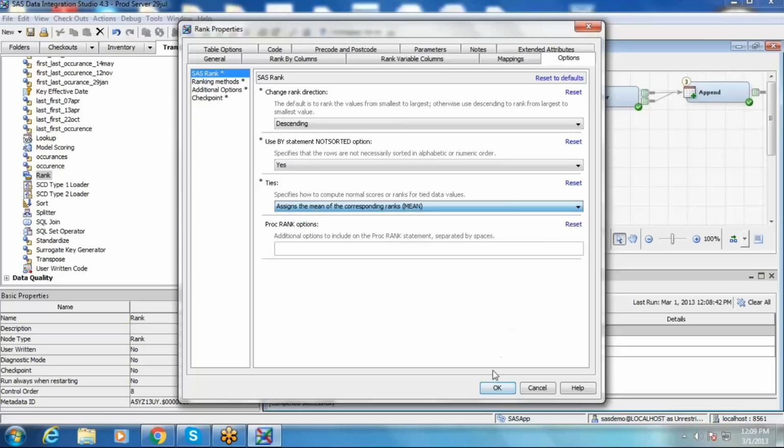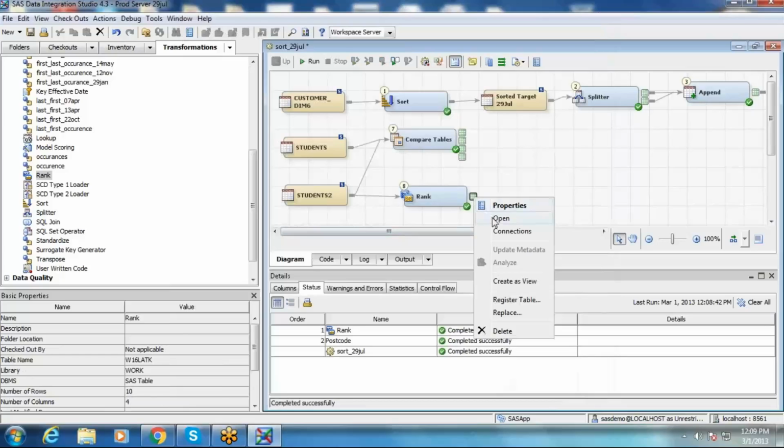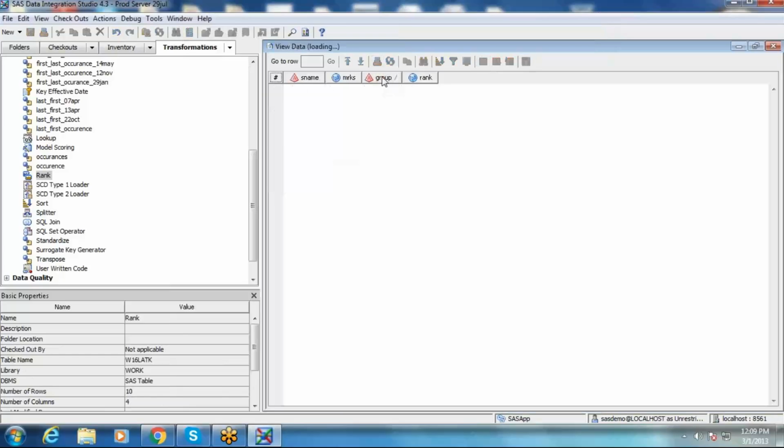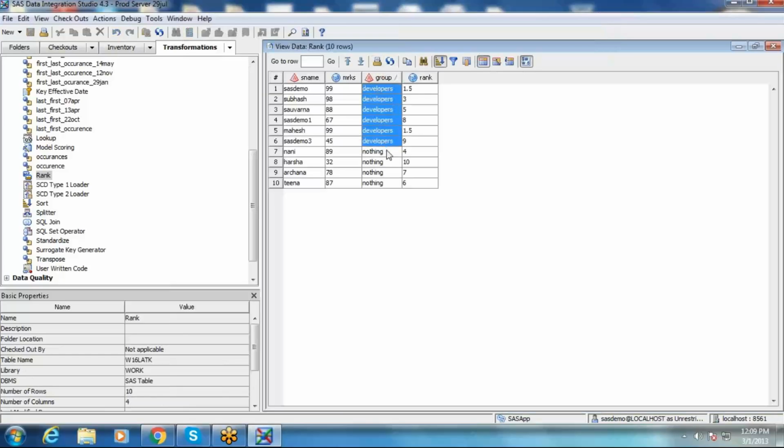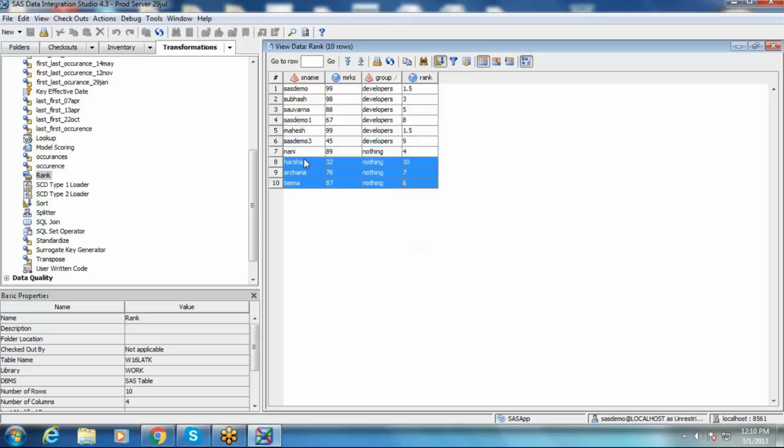Here we don't have any separation based on groups. Developers and nothing group are both clubbed together for the ranking criteria. Overall, they want grouping-wise ranking: developers who got first, nothing group who got first.